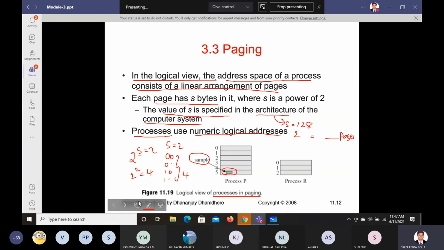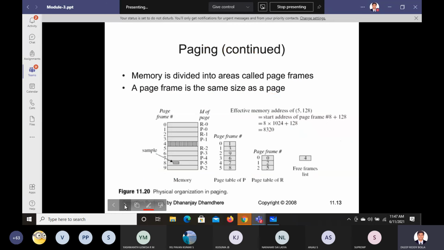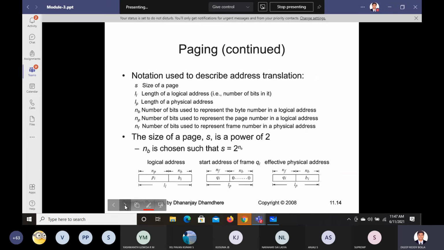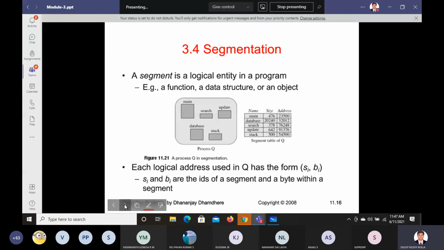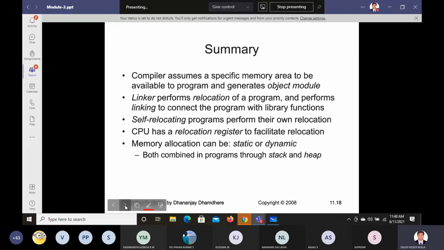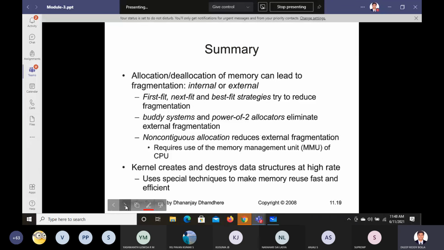With this note, the concept of paging will continue in the next class, followed by something called segmentation. I'll show you what to check. You have the slides with you, so check all these things and come, and we'll see the paging concept followed by the segmentation concept, segmentation with paging. Very simple.